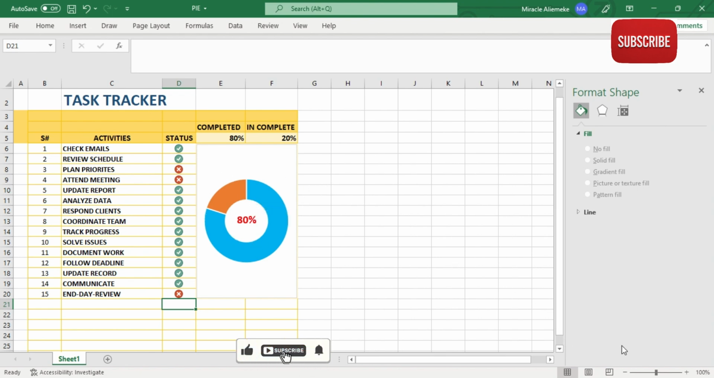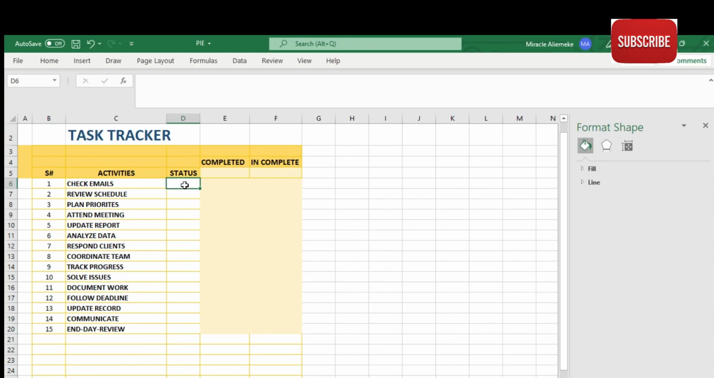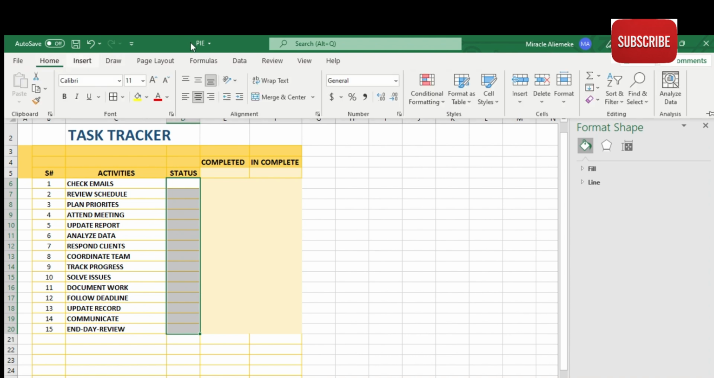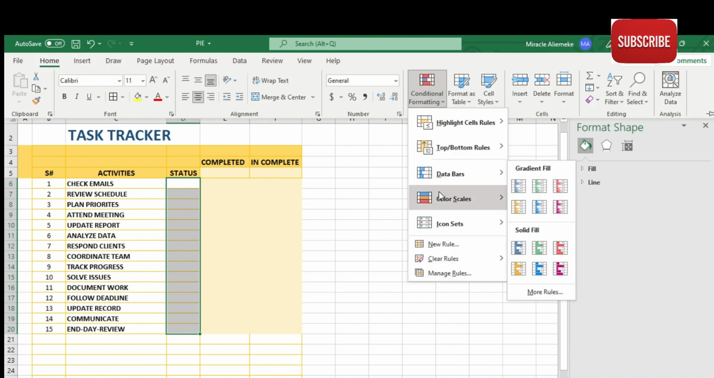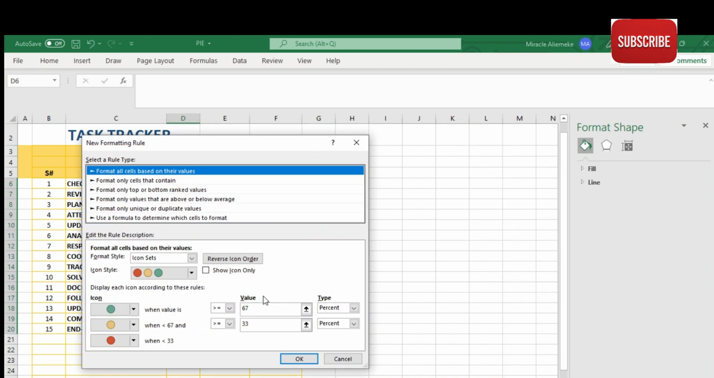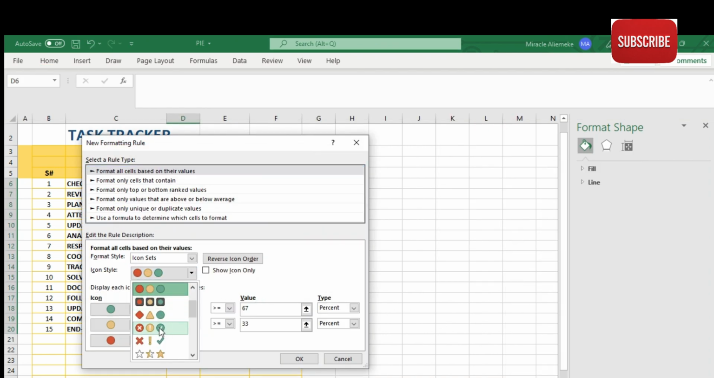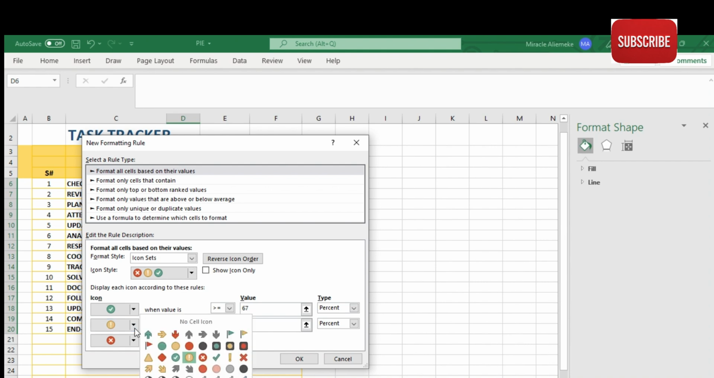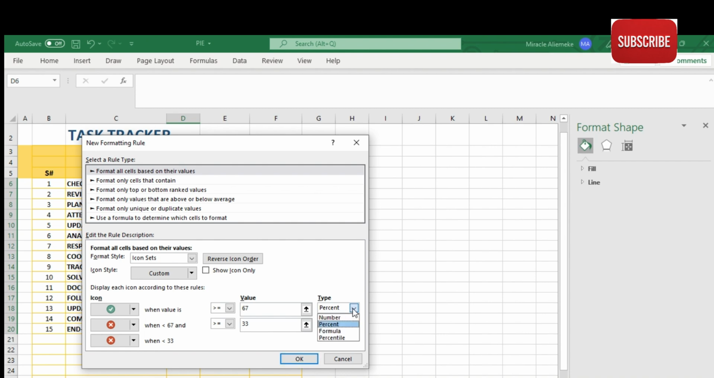So when you want to prepare a task tracker, after listing out the activities, we have check mails and review schedules, different activities. Then you highlight all the cells on the status column. Then you click on conditional formatting, then click on more rules, click on icon set, then more rules. Then thereafter you click on the icon style, then you change the